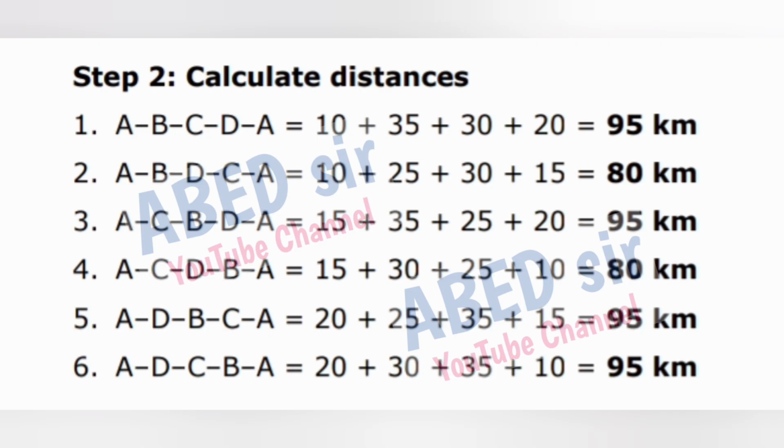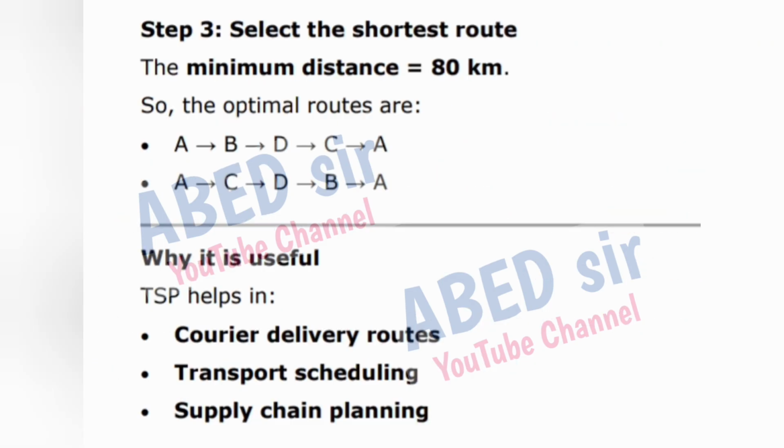A, D, C, B, A is equal to 20 plus 30 plus 35 plus 10 equals 95 km. Step 3. Select the shortest route. The minimum distance is equal to 80 kilometers. So, the optimal routes are